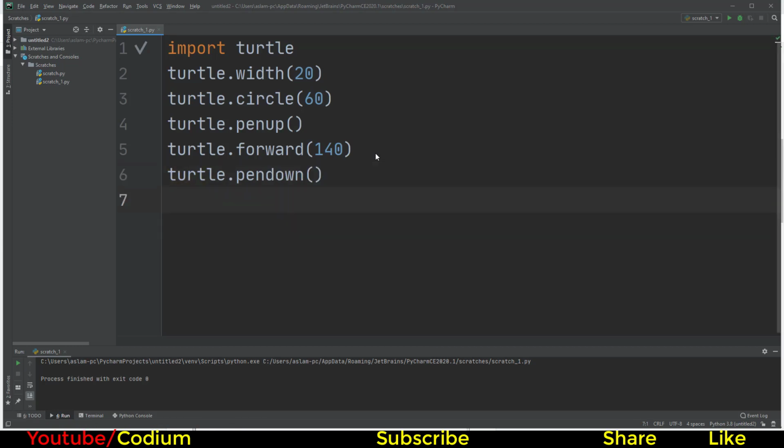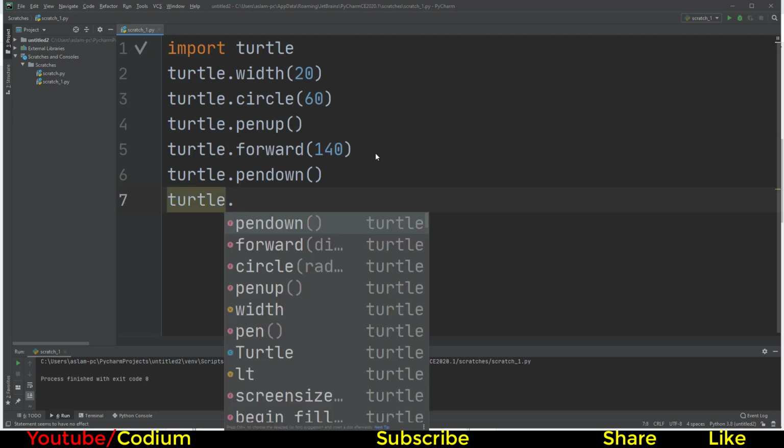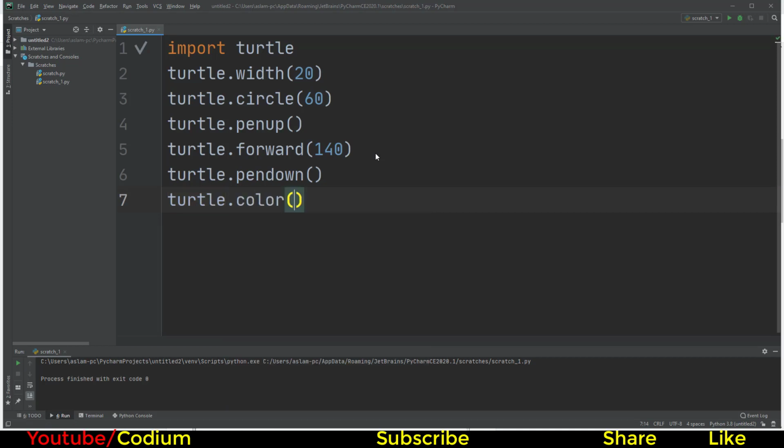Then create a circle, but the color of the circle is red. So turtle dot pencolor, or color, is red. In single quotes you can type red. Okay, so the first circle is the default color black, created before penup. Then after penup and pendown, one circle of red color is created.